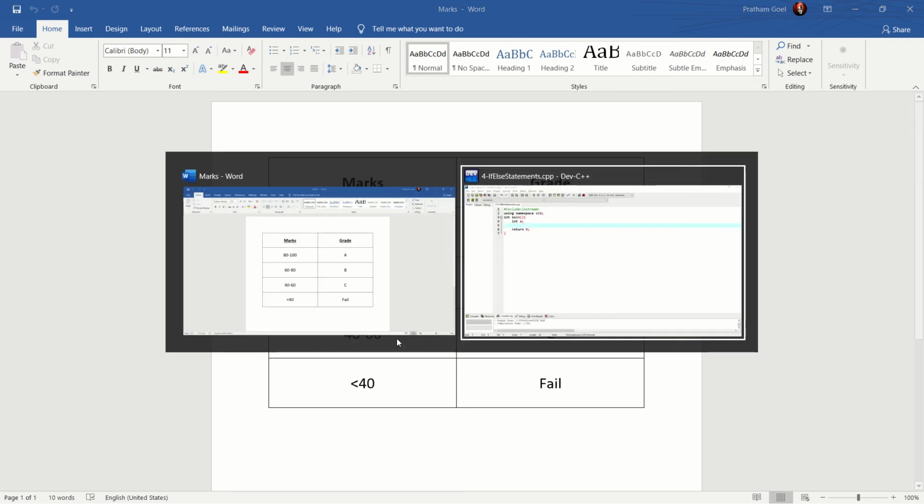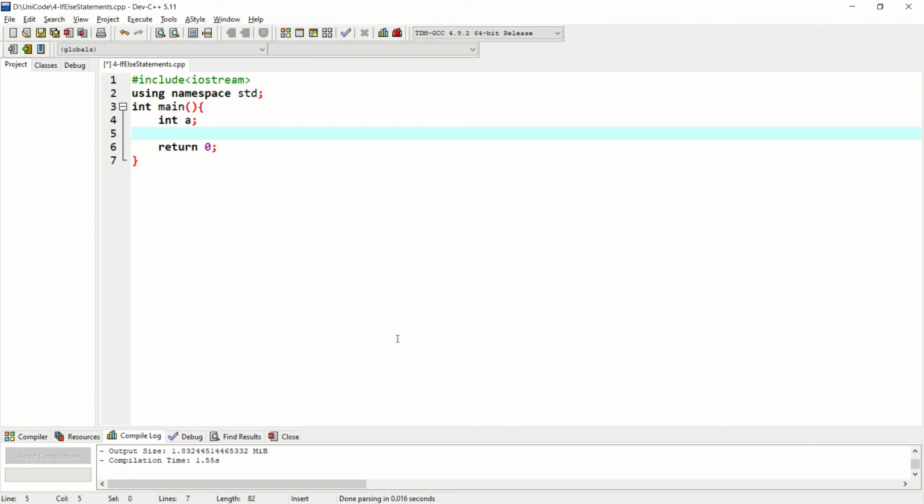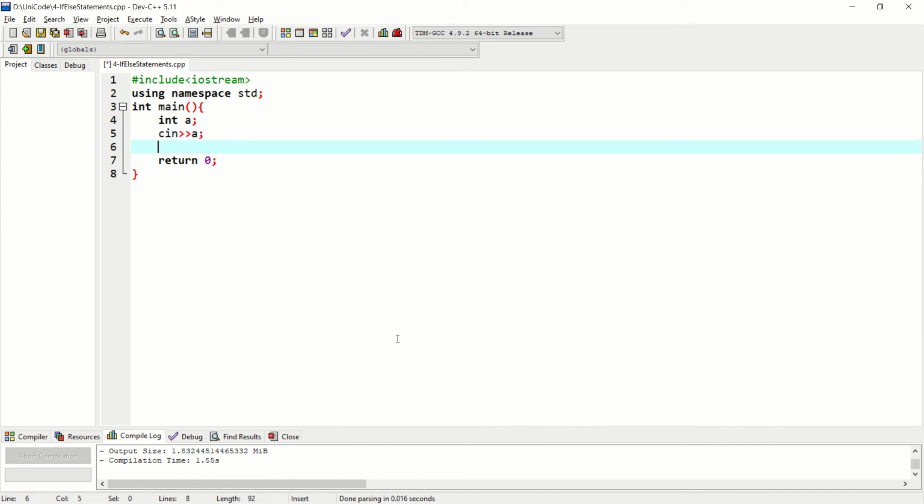When we have multiple conditions, we use else if. So if I make a program, let's just input the marks from the user, cin a.